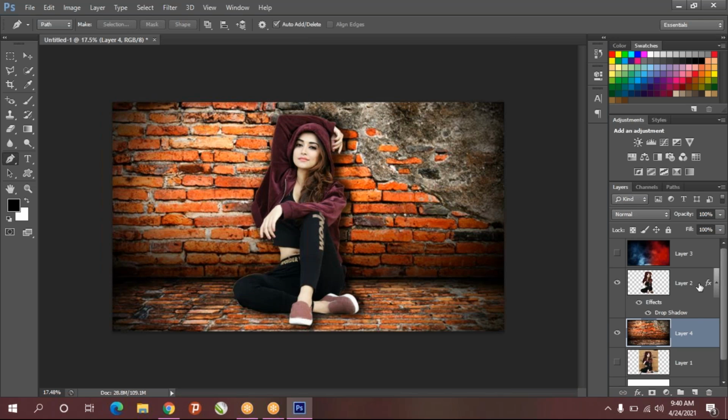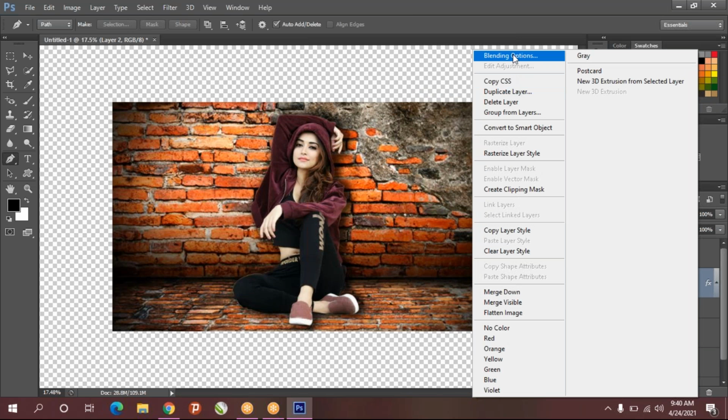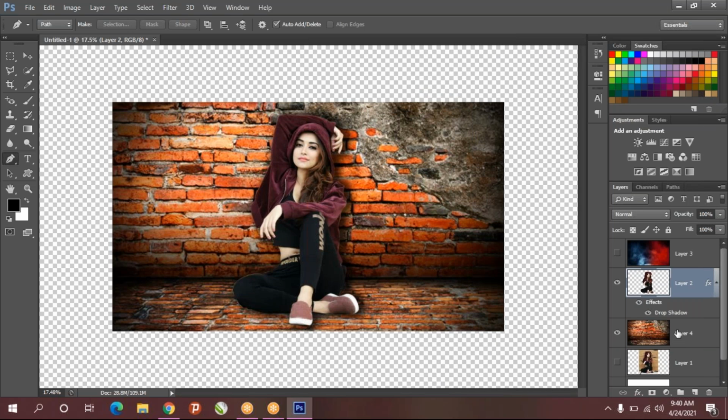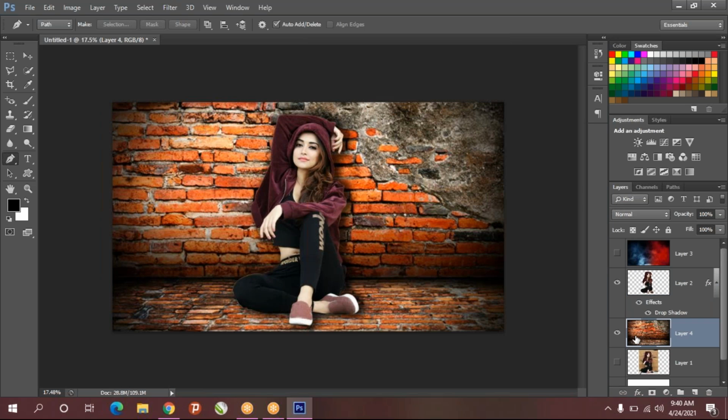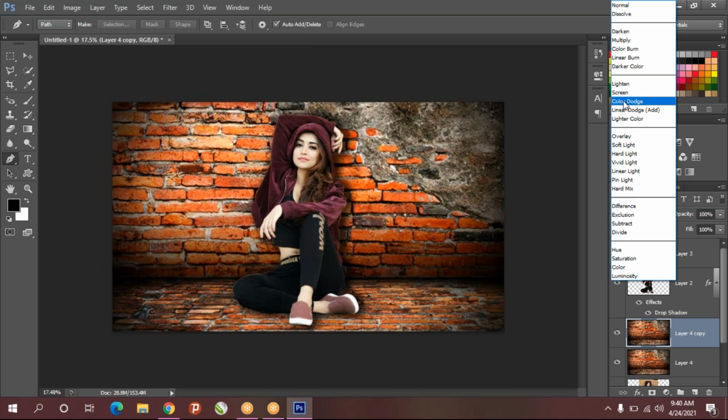So now where you have to go means right click, blending options, and if you want to make this more darker, just duplicate that again, apply some blending modes.